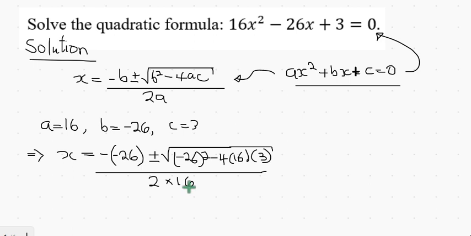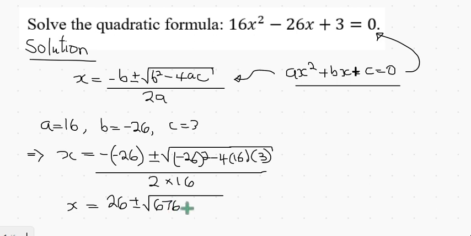Now you can go ahead and simplify the expression. There is a negative sign outside the bracket and a negative sign in the bracket, so minus times minus is plus. So this is going to be positive 26 plus or minus the square root of negative 26 squared, and your answer should be plus